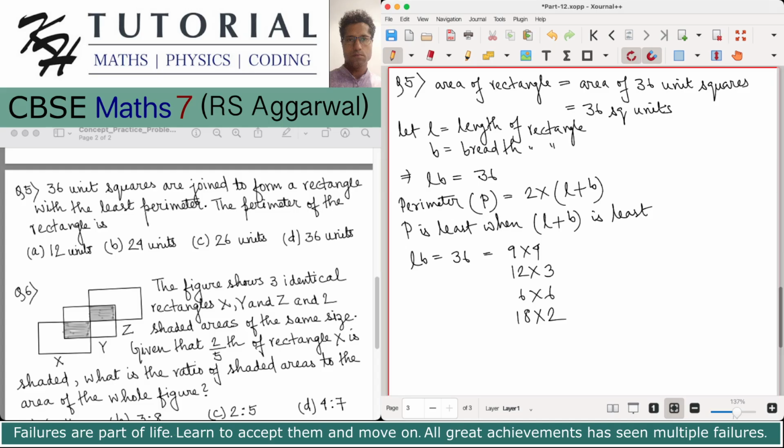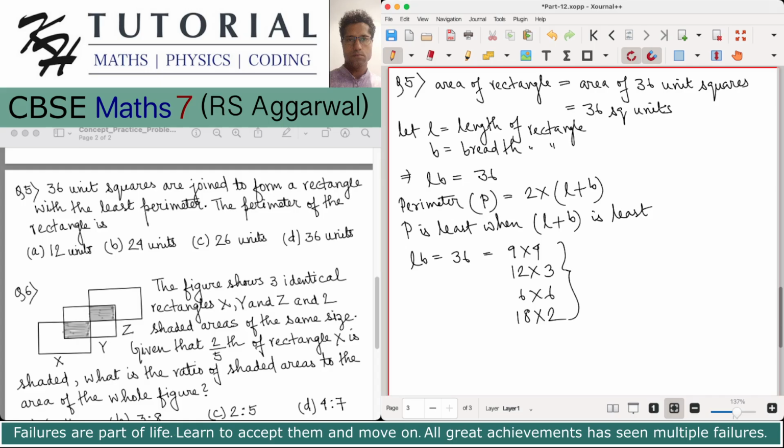18 multiplied by 2. So these are the possible ways of expressing 36 as the product of two natural numbers. Now we have to see, in all these possibilities,